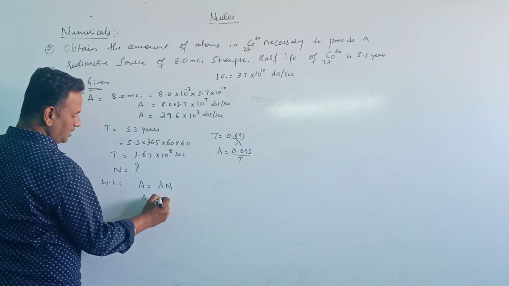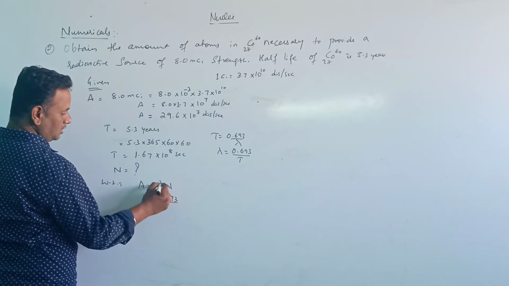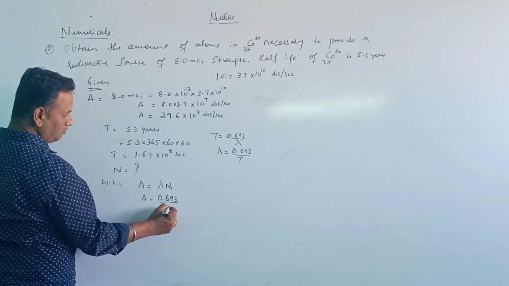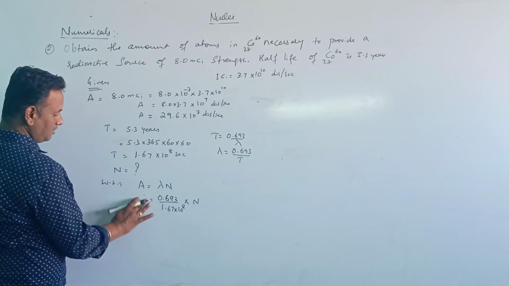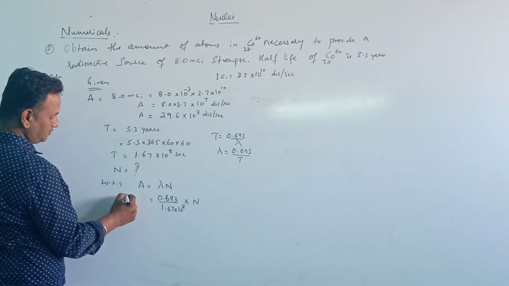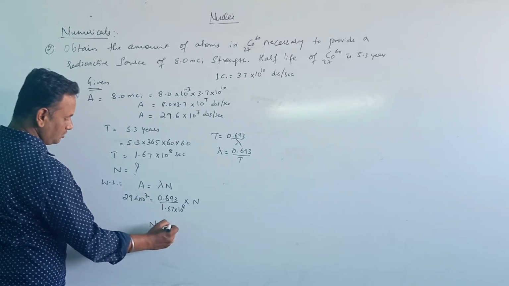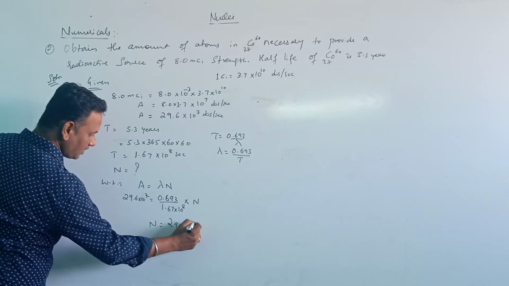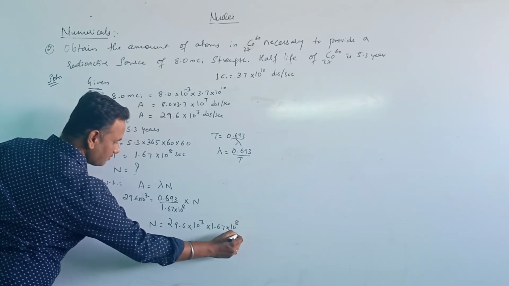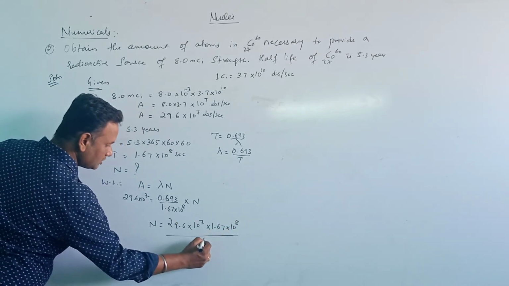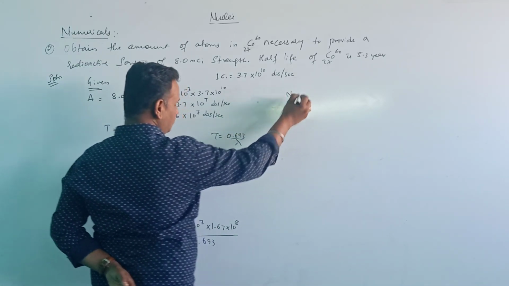Okay, so here I am writing 0.693 divided by half life. It is 1.67 into 10 to the power of 8 into N. And here the activity is how much? 29.6 into 10 to the power of 7. So N is equal to 29.6 into 10 to the power of 7 into 1.67 into 10 to the power of 8, divided by 0.693. See how much you are getting? N is equal to